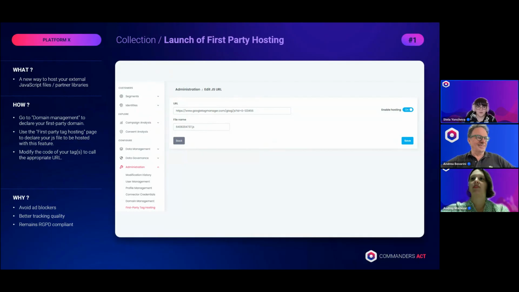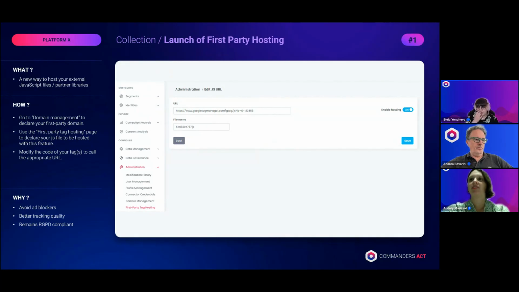I'm back. So I don't know when you caught it, but I will just repeat it. In the example, you see the library of Google Tag Manager, which is hosted first party. Why is that so important? Because it helps avoid ad blockers. It improves the quality of the tracked data, and it still remains GDPR compliant. So this is the main takeaway.